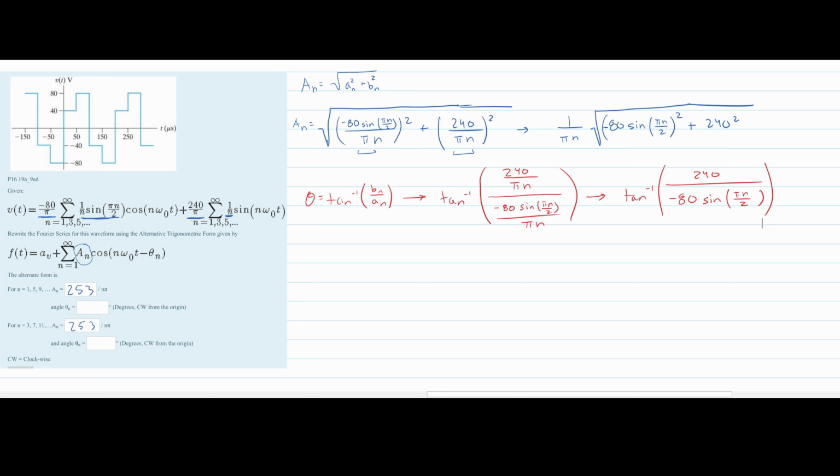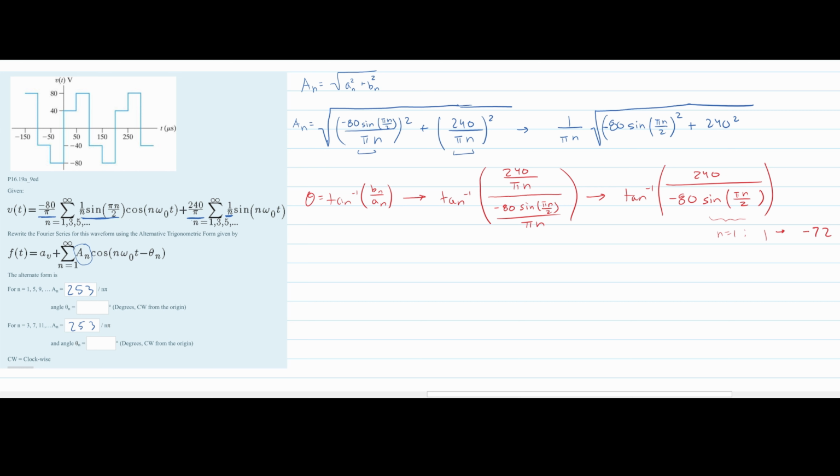Now I'm not going to do it in Symbol Lab because it has to be in degrees, and I think Symbol Lab does it in radians. It's easy to convert, but it's easier just to do it on a calculator. So first we want to plug in a 1 because we need to solve for the first part. So we're going to have tangent -1, 240 divided by parenthesis -80, and then we can just look at the sine. For 1, if we plug a 1 into here, n is equal to 1, the sine is going to be pi over 2. Pi over 2 is just going to give us 1 when we're looking at the sine of it. So we're really just having 240 divided by -80, or tangent -1 of -3. And this is going to give us